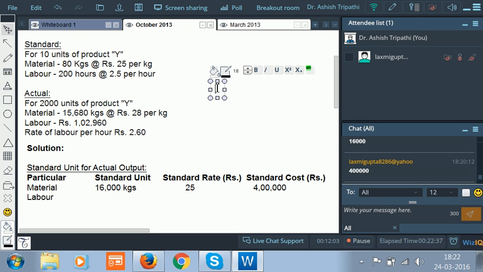So let me show you. For 10 units, 200 hours. So for 2000 units, how much? You will have to do the cross multiplication. So if we do this cross multiplication we will get 2000 into 200 divided by 10. That will give you